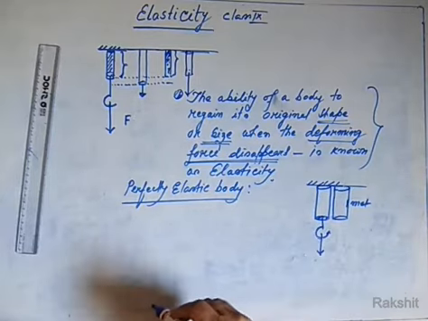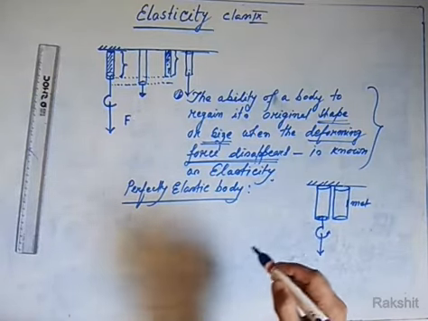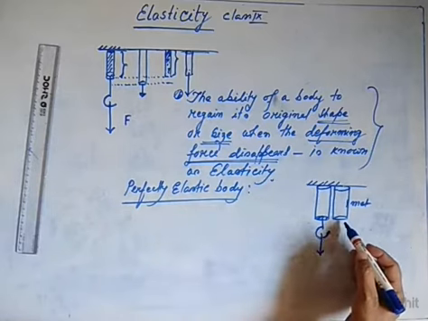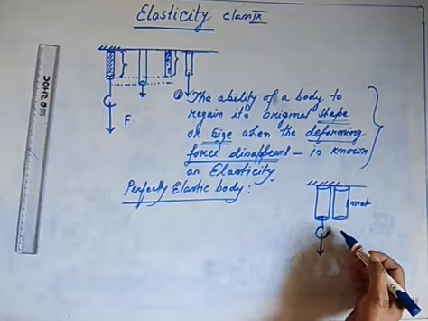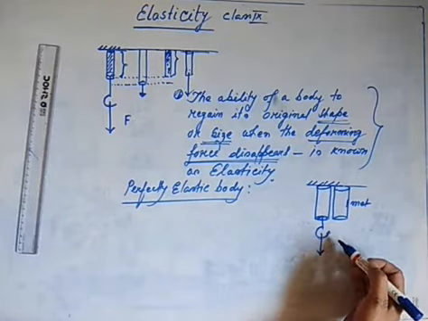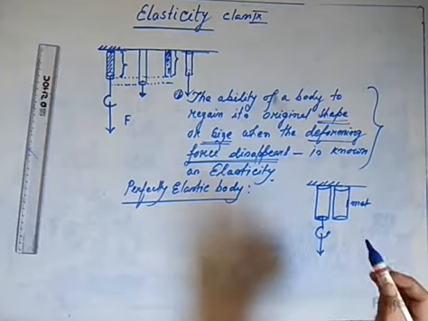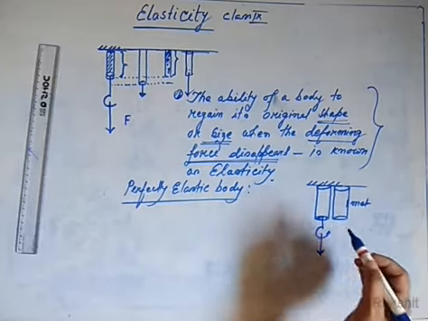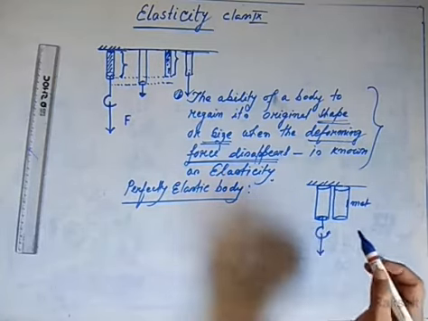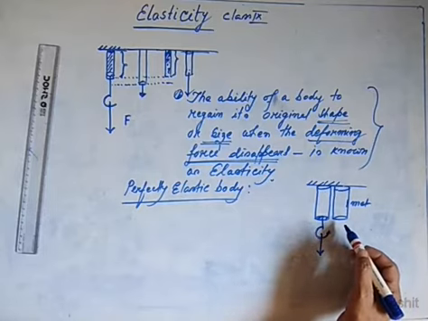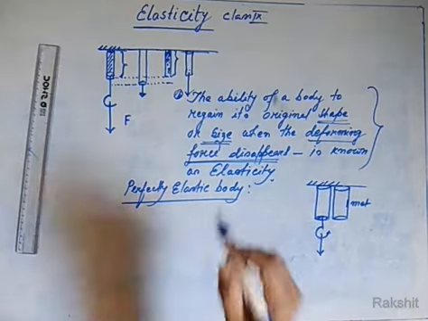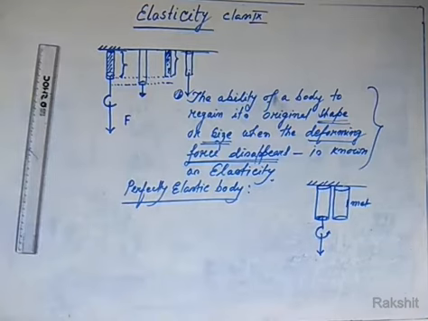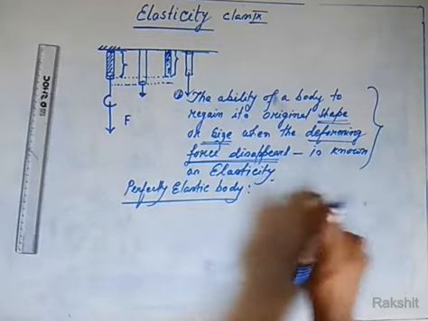So when a body is under action of the deforming force, and after withdrawal of the deforming force, if it completely regains its original shape and size, then that body is said to be perfectly elastic body. So you may define perfect elastic body in such a way: